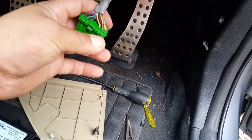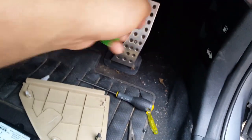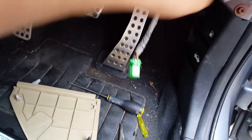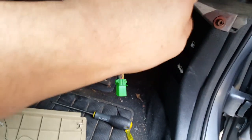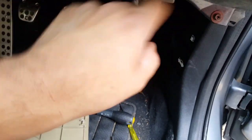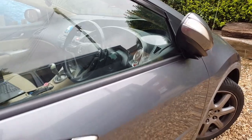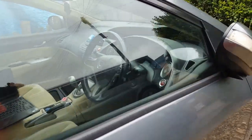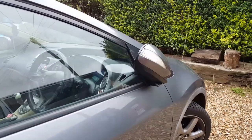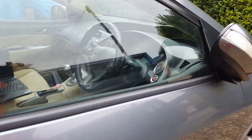It might be that there is something that is making this module not go to sleep or something like that. So what I've done now is I've closed the entire car. Everything's closed. The multimeter is over there, and what I'm going to do is lock the car, so the car is closed,